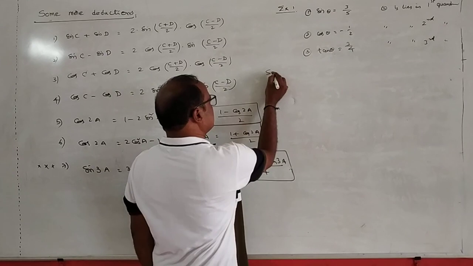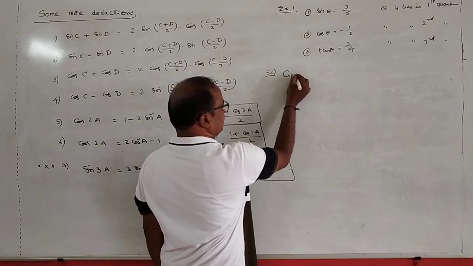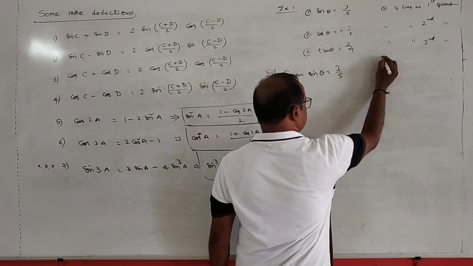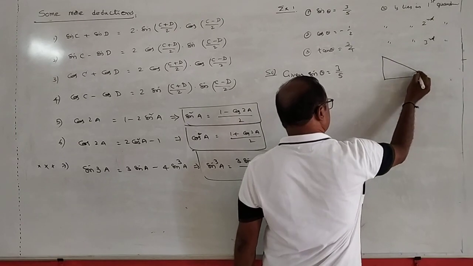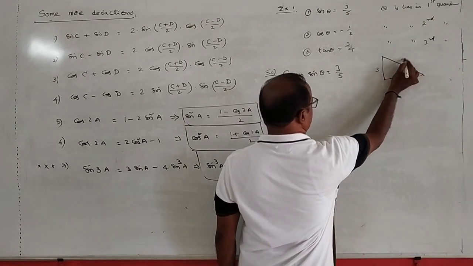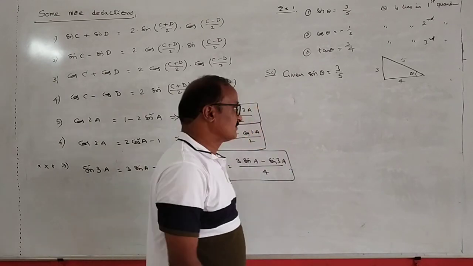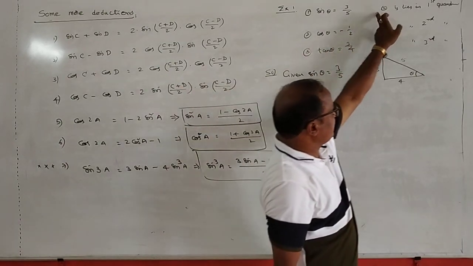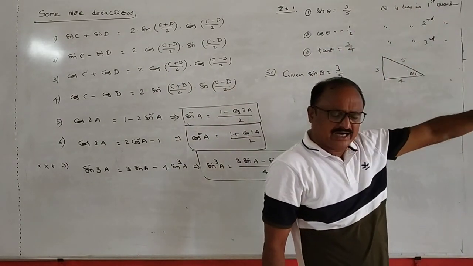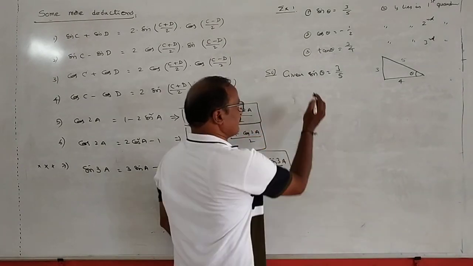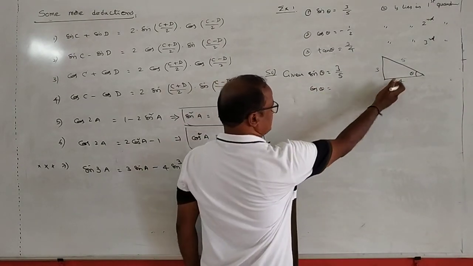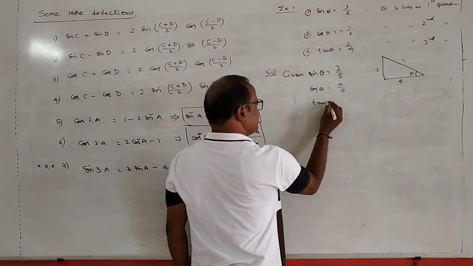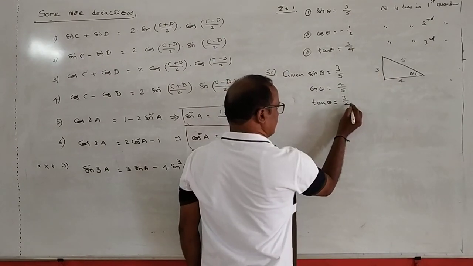Okay? Easy picture. First, given sin theta is equal to 3 by 5. Make this right angle triangle. This is theta. Opposite side 3, hypotenuse 5, and the remaining side must be 4. Sin theta is positive, and theta lies in the first quadrant. In first quadrant, all the trigonometric functions are positive. So therefore, what is the value of cos theta? From this, cos theta is equal to 4 by 5. Tan theta is equal to opposite side by adjacent side.